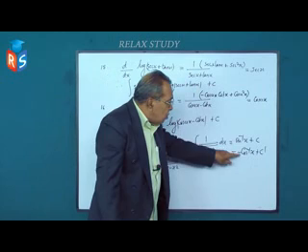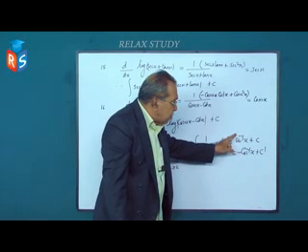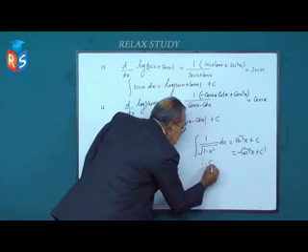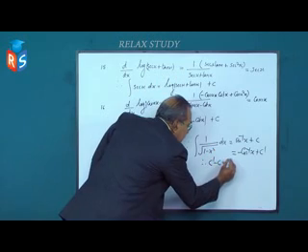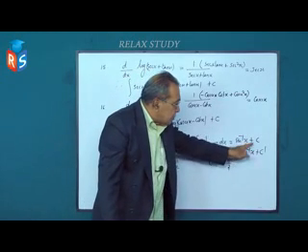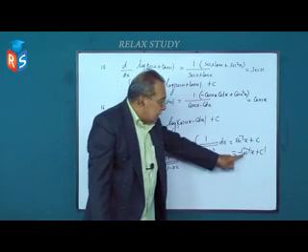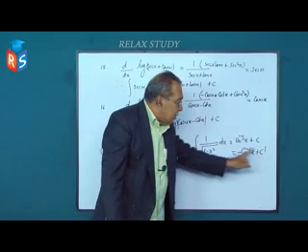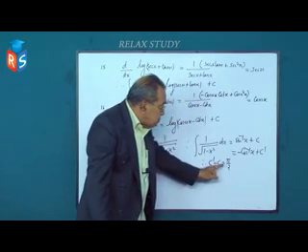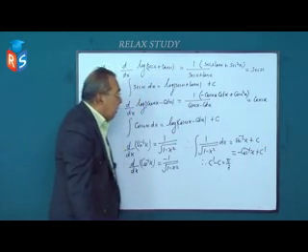Sin inverse of x plus cos inverse of x is equal to pi by 2, therefore you can get the result c dash minus c is equal to pi by 2. Because if these two are equal, sin inverse x plus c is equal to minus cos inverse of x plus c dash. Taking cos inverse x to the left side and c to the right side, sin inverse x plus cos inverse x is equal to c dash minus c. Therefore, c dash minus c is equal to pi by 2 because sin inverse x plus cos inverse x is equal to pi by 2.